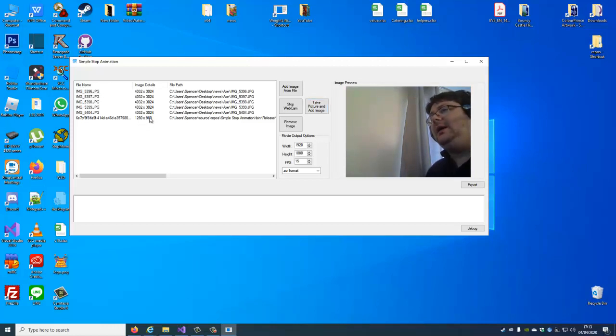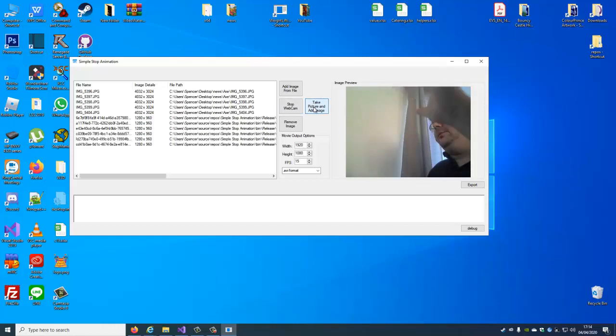That's quite significantly smaller than the rest of my images, but when I export it, it will just round everything up or down to the image size I've set here in the output options. So you're going to want to be careful of your image output options if you're capturing from a webcam device, and what it's actually capable of. By default, the application will take the absolute highest resolution your webcam supports, but